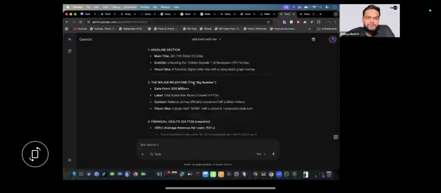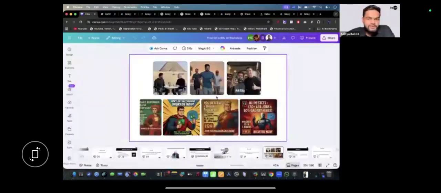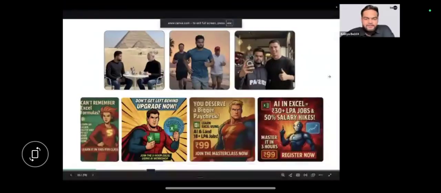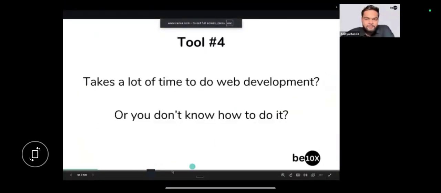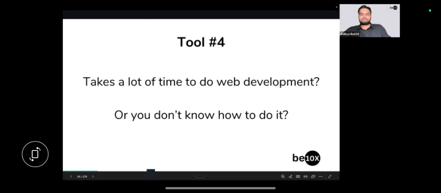Again, the tool which we are going to use for doing that is again Gemini. By the way, how much time does it take to become a UI developer? Does anyone know? 3 months, 4 months, 5 months, 6 months.